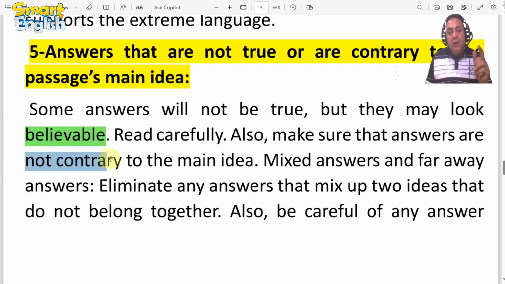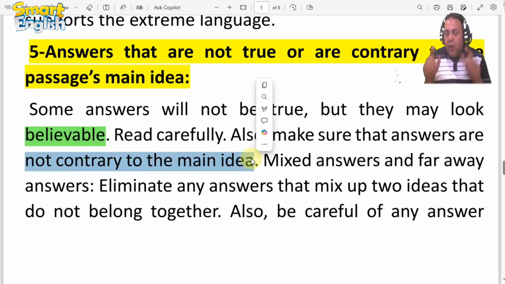It means that you have to check whether this choice goes with the main idea, is easily matched with the main idea or not. If not, don't choose it. If there are conflicting ideas in this choice compared to the general idea in the text,